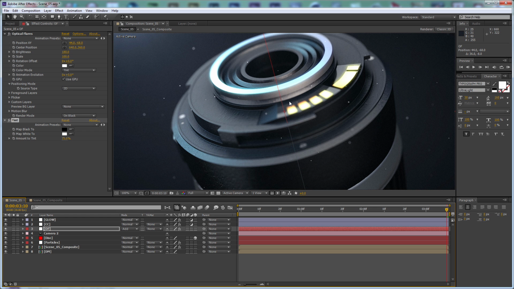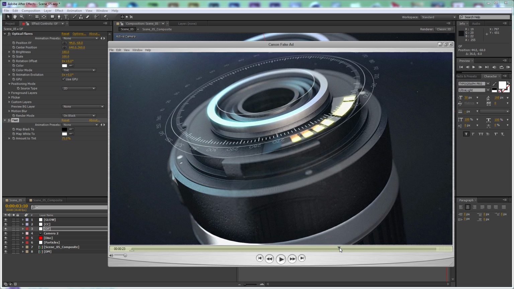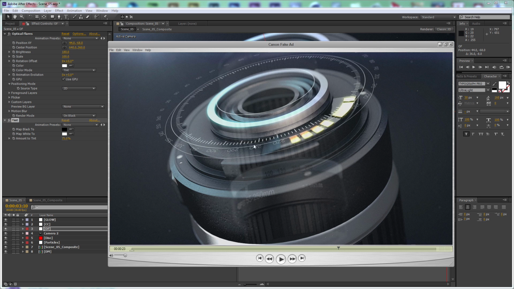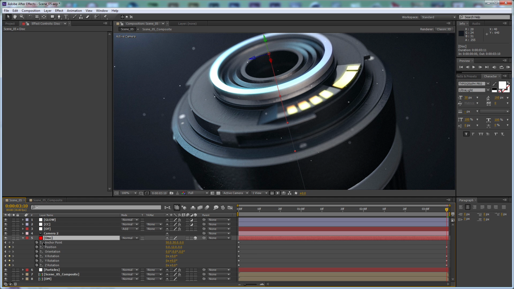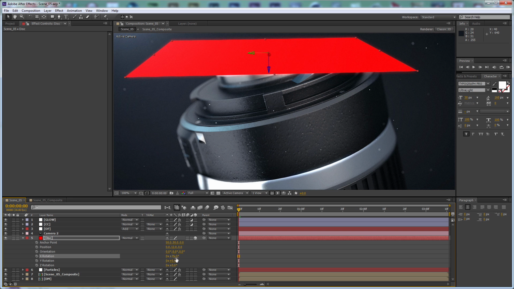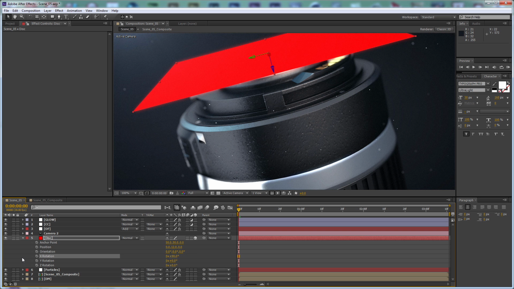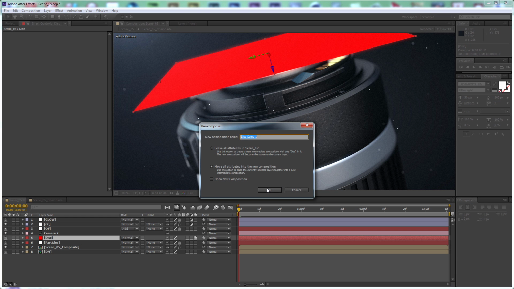So far so good. What we need to do is just to create the widget sort of thing here. As you can see, we have 3 lines with some elements here and numbers, which is pretty easy thing to do. Now this is where our disk takes place. Let's go to the first frame, reset all the keyframes and set this to 90. And if we pre-compose this and call it widget,